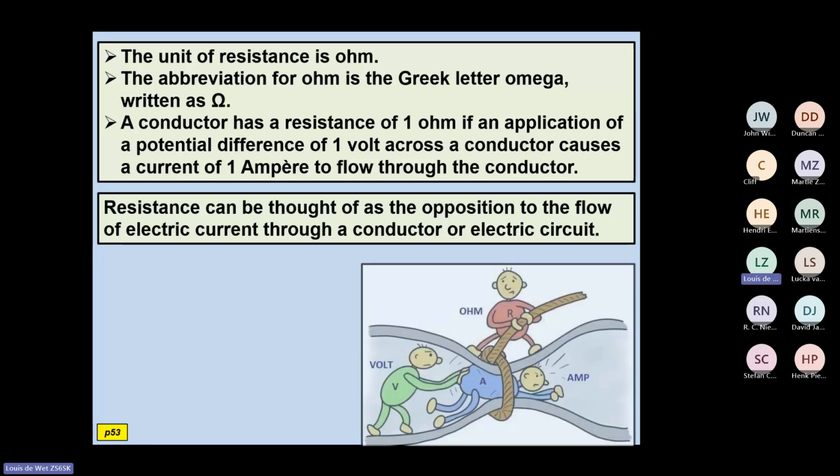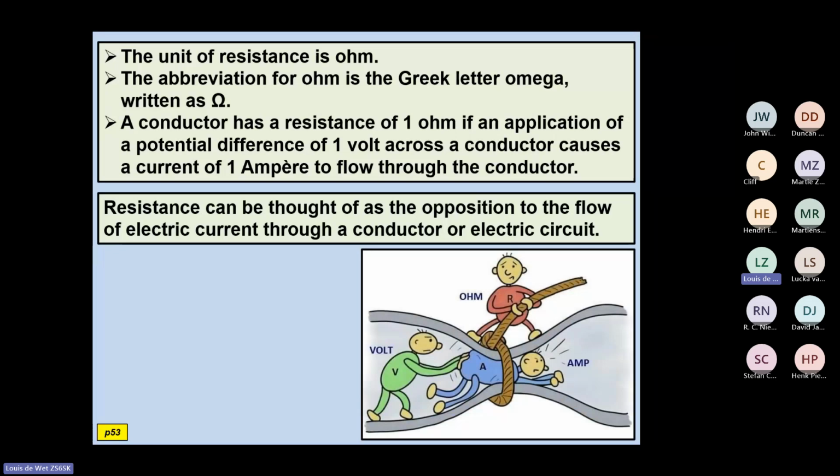Right, so here we have, I think you've seen this picture. There we have voltage trying to push current through a pipe, and we have ohm or resistance there limiting the current. So voltage is an independent variable, ohm is an independent variable, and current is dependent on both voltage and resistance. That's a very important concept to understand, that current is always dependent on voltage and resistance.